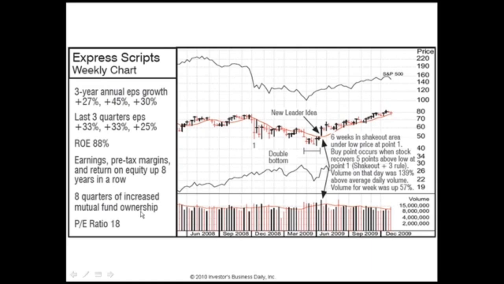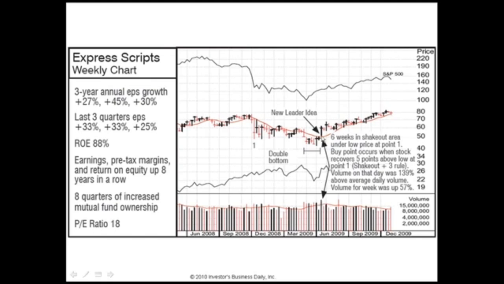So the numbers are huge. Now it's hanging in there and hanging in there, but on that last break, this breaks below its low. But when it breaks below that low, it hangs in there pretty well. And notice the volume now. When we start moving back up, the black volume picks up, and you get 3 weeks, and 1 week really jumps out of there. And that's where we put it on.